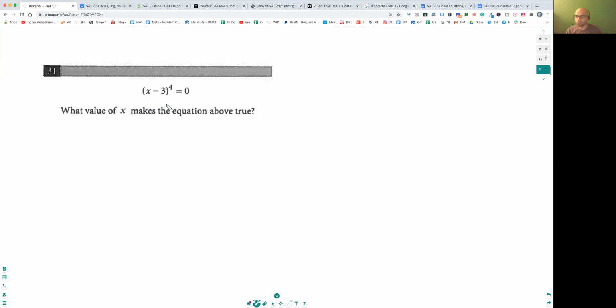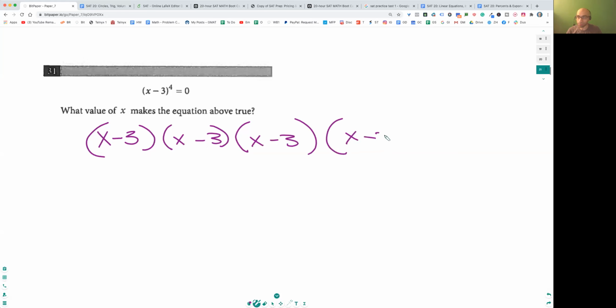What does this mean? This one means that you got x minus 3 to the 4th power. So it just means x minus 3 times x minus 3, and so on. Thank you for expressing that sometimes you don't understand, because then I can explain it. That's all it means. Is equal to 0, right? Now remember,